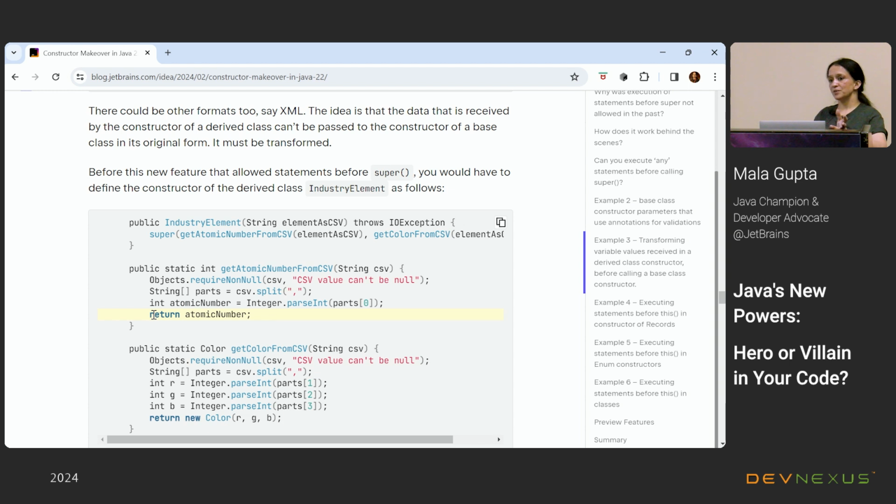That transformation could be done in the derived class without creating multiple static methods which shouldn't exist, because that's a lot of workaround that goes on. I know that's not rocket science, that's not difficult, but it's still a workaround that we implement. So that's one less workaround, I would say.